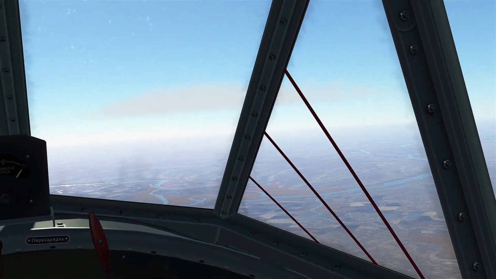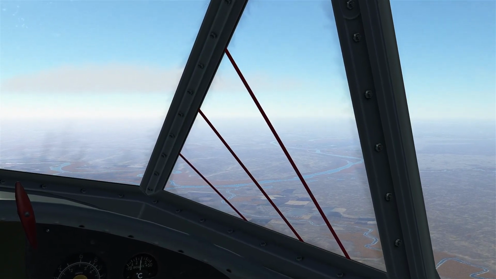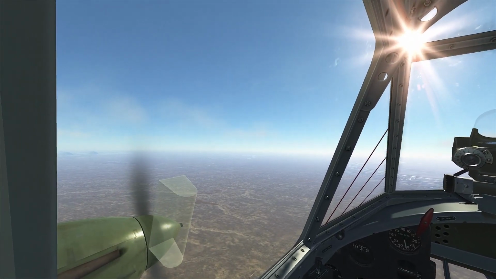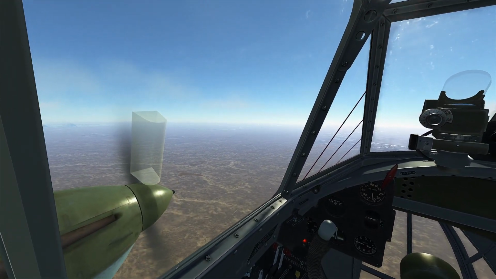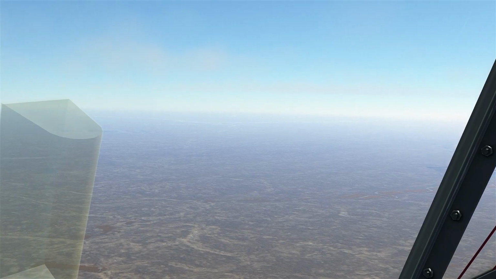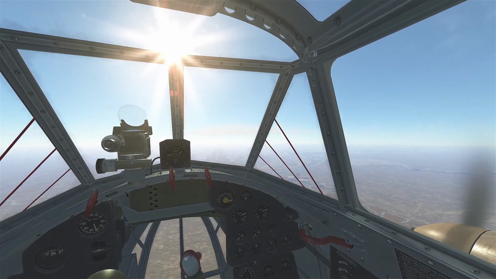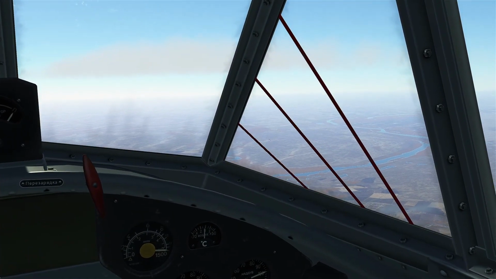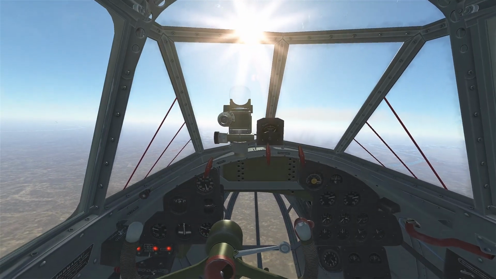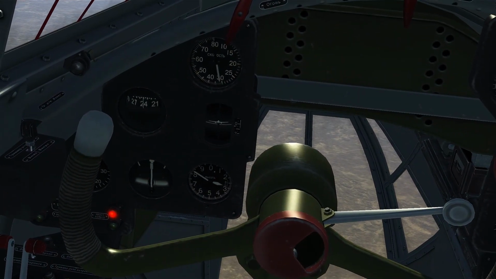We join the mission as we are approaching the front line. The river system we can see there is roughly where the front line is at the moment. And there are a couple of planes around. There's a pair of planes off to my 11 o'clock. Not sure what they are at the moment. There's a couple of planes there to my 1 o'clock as well. So probably as we go across the front line,